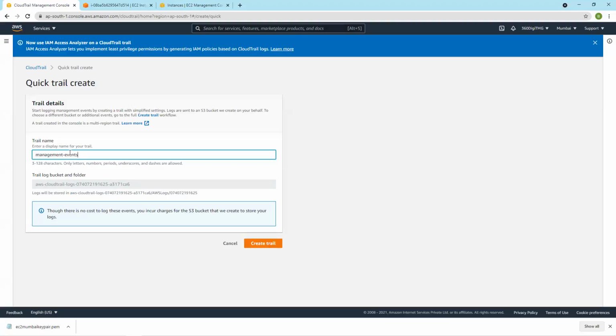So we already know events means change that is happening to AWS existing status. And if that change is related to management, like creating a S3 bucket, deleting a S3 bucket, adding tags to the S3 bucket, these are all management events.